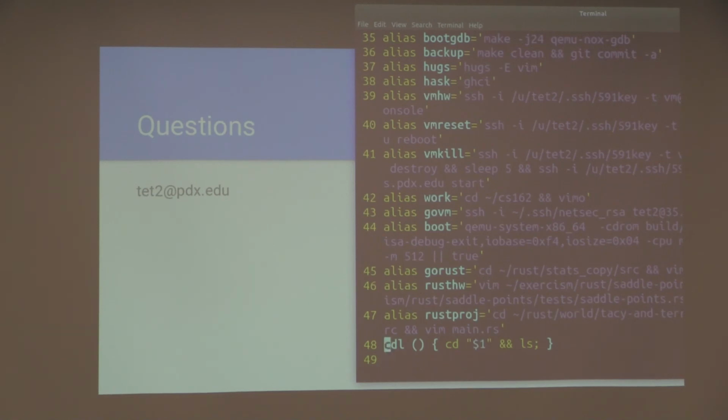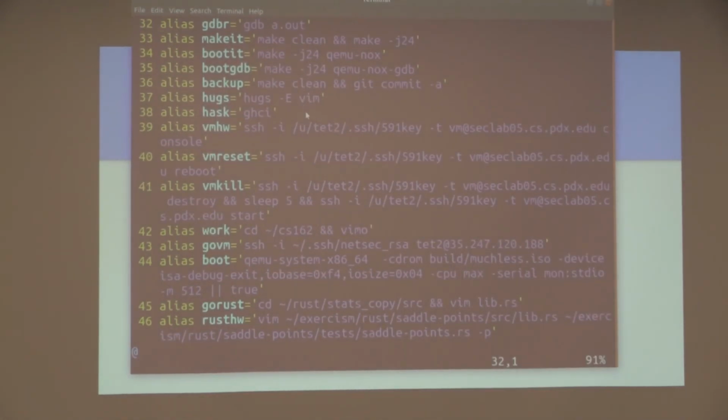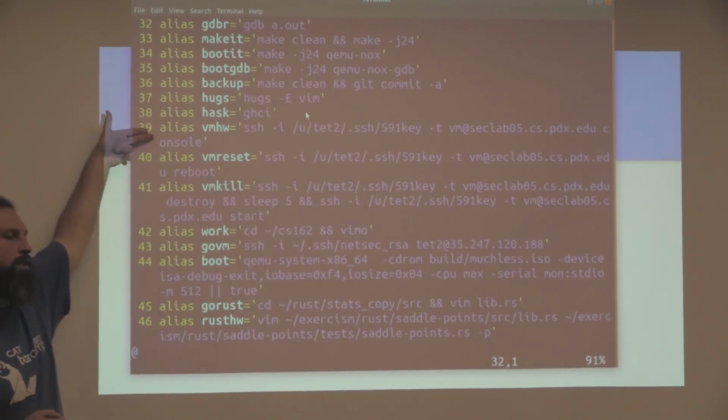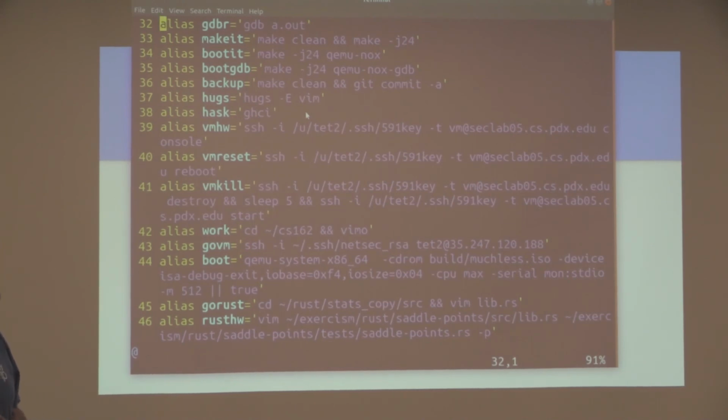But if you can imagine, when I'm running VM homework, so this was for a security class, this was for me to just log in to start homework in a virtual environment. Now, you could type all of that out every time you wanted to start homework. Or, I also didn't feel like memorizing that entire string. I can, however, remember VM homework. What also was nice is when I took a similar class the very next term, I changed the alias. I didn't have to learn a new command.